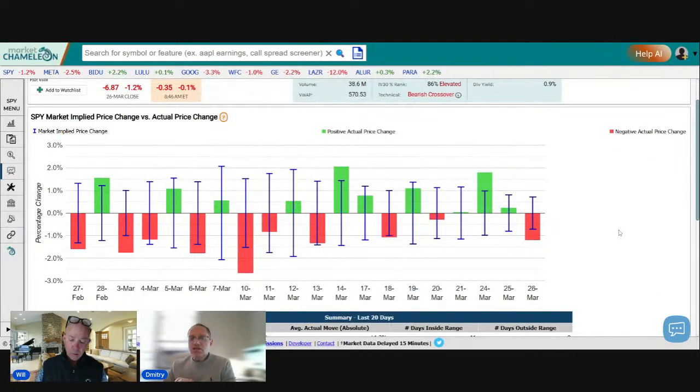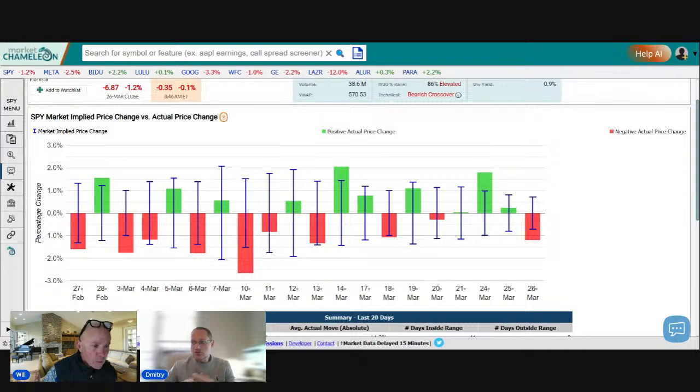And what we see here is brackets that are going up and down, and then these green and red bars. The brackets here are the daily implied moves that are derived from the option prices, and that's looking at the options expiration that is the closest expiration to the one day move. So here in SPY we actually have daily options. So it would look at an option